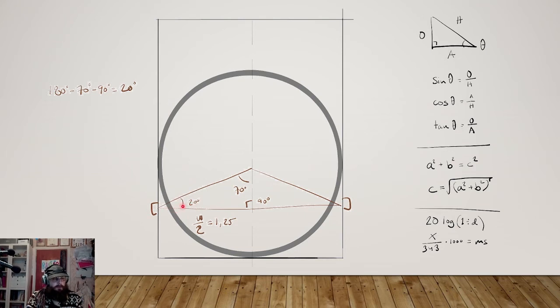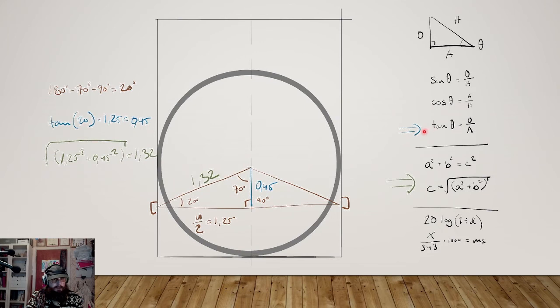Then we know that we have the theta 20 degrees, and we know our listening position and the width of the room. So the width of the room was 2.5 divided by 2, and there we have the adjacent side. So again, using the tan with the adjacent side to calculate the opposite side, we can plot into our calculator tan 20 degrees times 1.25 equals